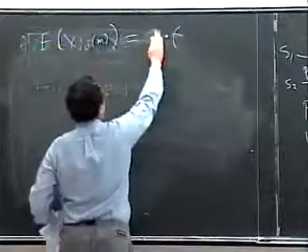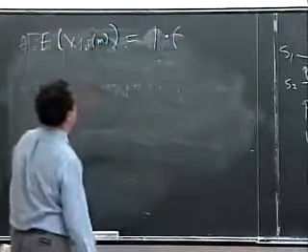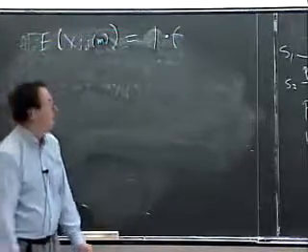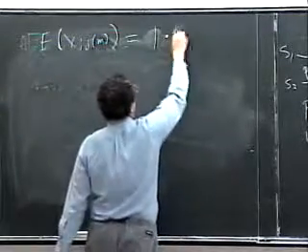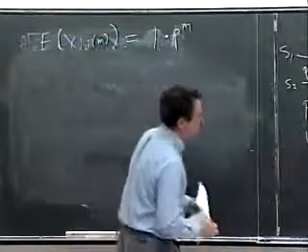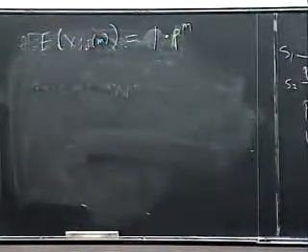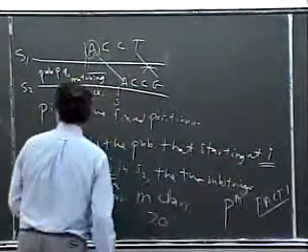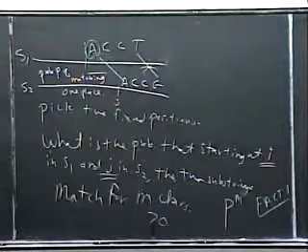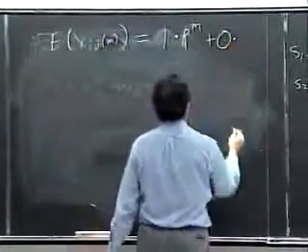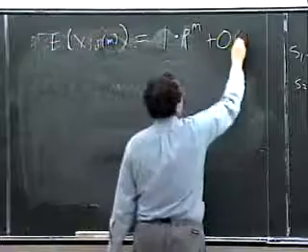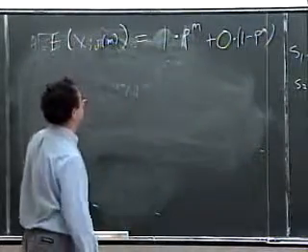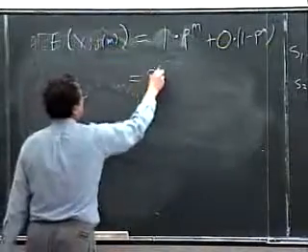Well, let me actually do it the other way around. It takes on the value 1 with what probability? P to the m. Okay, that's really what we did. We didn't call it that, but that's really what we did over here. We said the probability of xij_m was p to the m, the probability it matches for m positions. So 1 times p to the m, and then you have to consider the other possibilities. Well, in this case, it's just 0, 1 minus p to the m. But as I mentioned earlier, you're going to multiply by 0 anyway, so it doesn't matter. So this is p to the m.